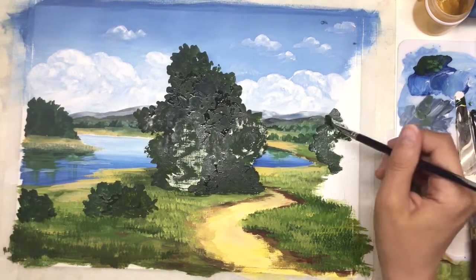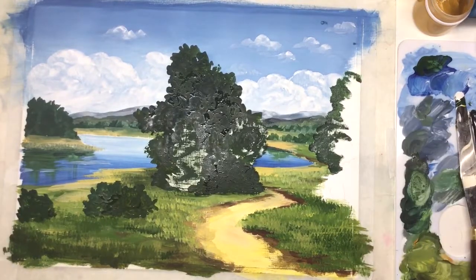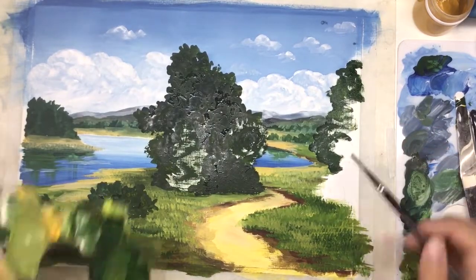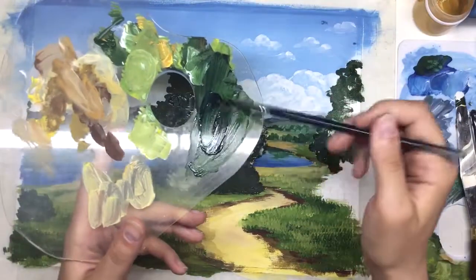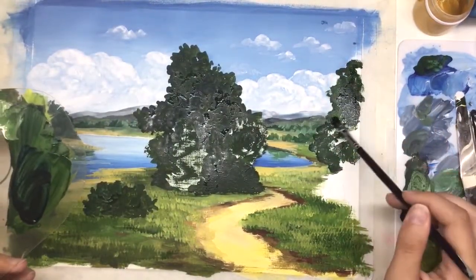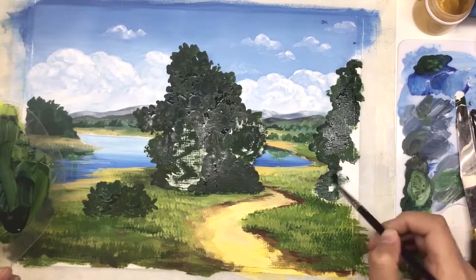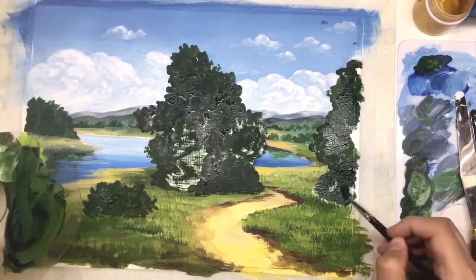stroke by stroke. Also, probably you noticed I still have left a green tree on the right side, and also I made tiny marks on the sky with water splashes. I will correct it later, and also I'll show you how to make it invisible in the final result. It can happen,